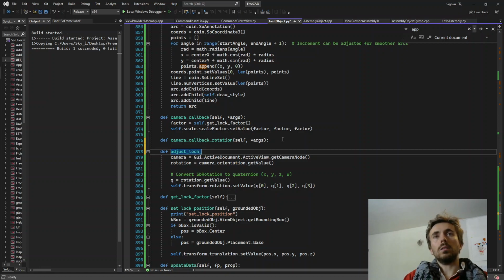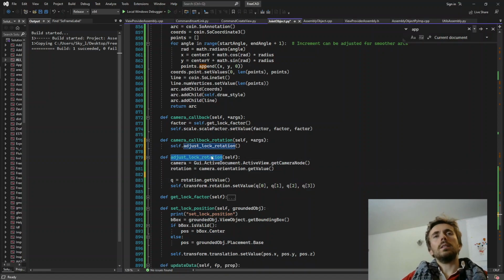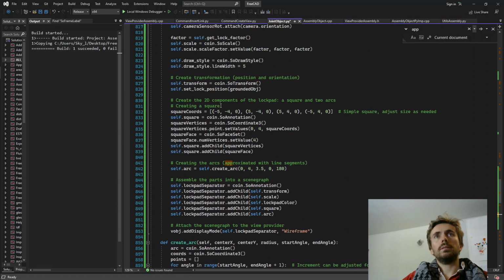Okay, lock rotation self dot. So then we just do self dot this, and here we do this. Okay, so that's fine. And adjust, and so we can call this function here,